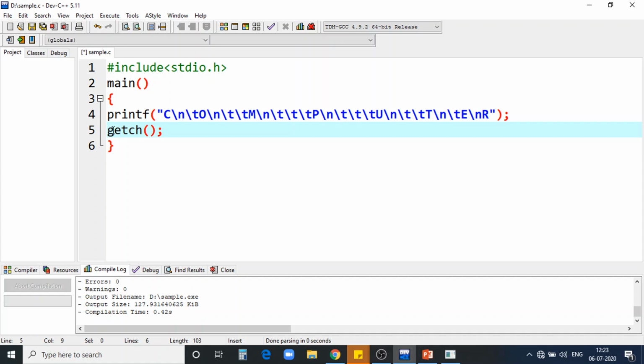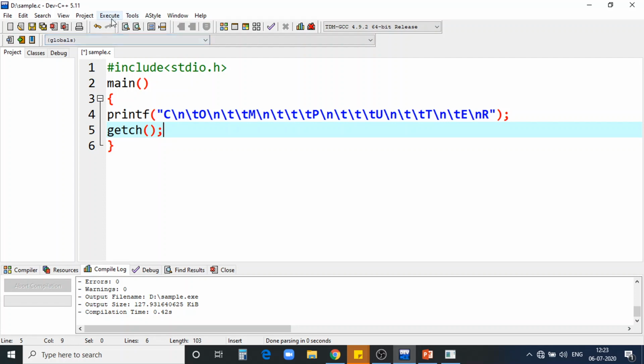So why this getch, get a character? Before I end the program, actually in Dev C++, we don't require this getch function. But if you are using another compiler, we need this getch function. What does getch do? It gets a character from the keyboard.